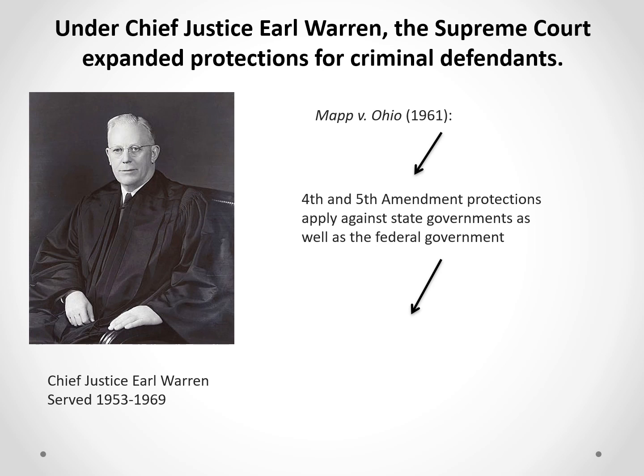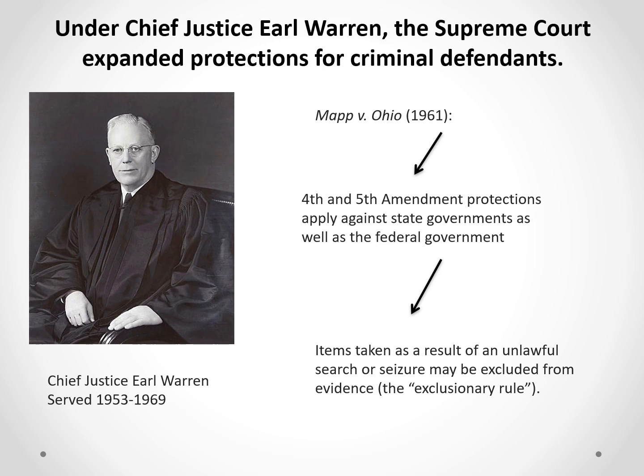Number two, so what happens? The police did not have a warrant. They found Virgil Ogletree. They found this contraband. The cat's out of the bag. Now what do? And there's a penalty that Warren applied to police that don't play by these rules. It's called the exclusionary rule. And this is it. Items taken as a result of an unlawful search or seizure may be excluded from evidence. This is called, again, the exclusionary rule.